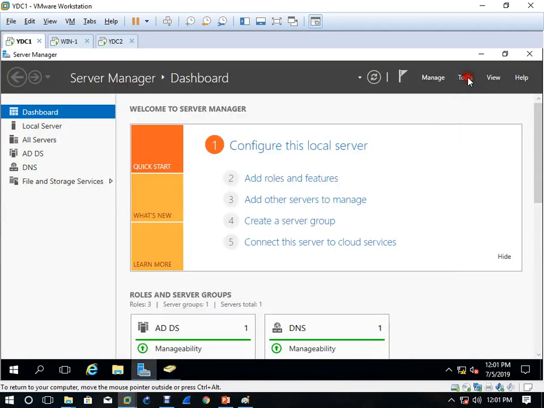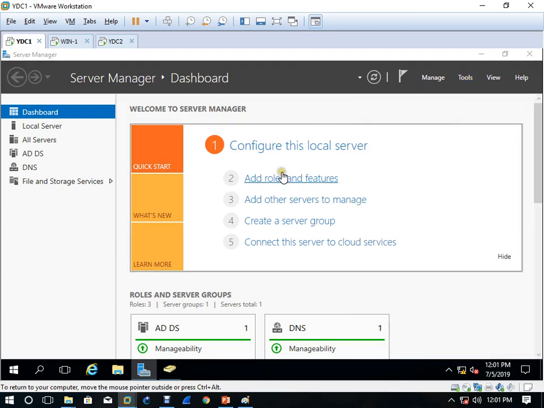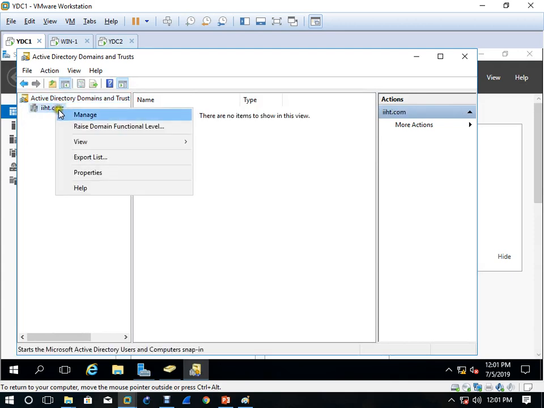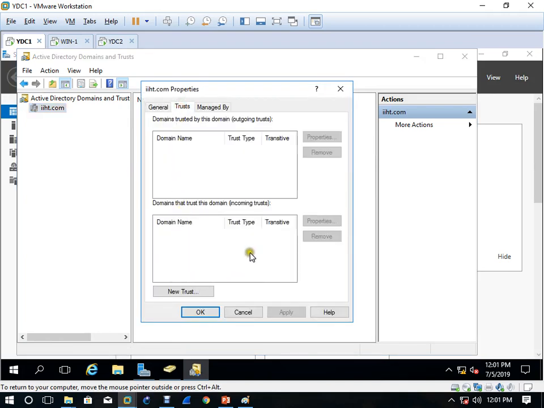Click on Tools, Active Directory Domains and Trusts. IST, right click, Properties, Trusts. Do you have any trust? No, no problem.